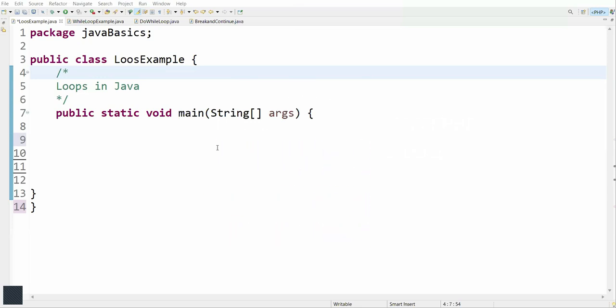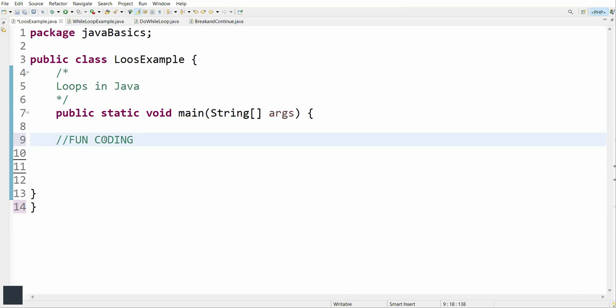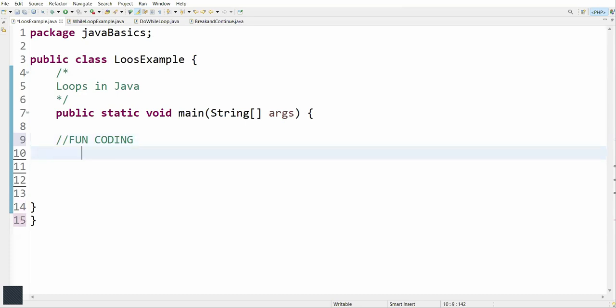So why do we use loops? Loops help in repetition and reducing code duplication by executing a block of code multiple times without writing the same code repeatedly. For example, if I want to print fun coding 10 times, what is the optimized way we need to understand. If I go with this way,